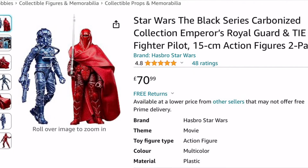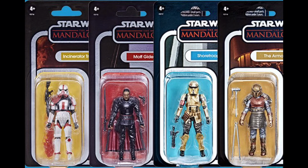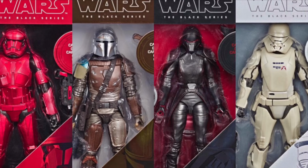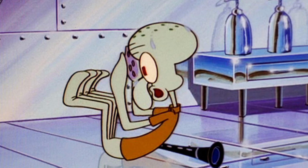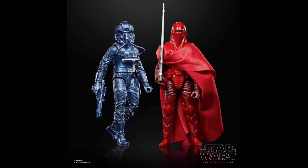Although again the price is ludicrous, Hasbro actually incorporated good packaging, as these figures were packed on a shiny card back, much like the Vintage Collection Carbonized figures. And yes, again I would have preferred the Phase 3 boxes to make a return, but I think this is a great substitute, which I hope will return in future Carbonized releases, because much like the original boxes, the bright, bold themed colours are back,